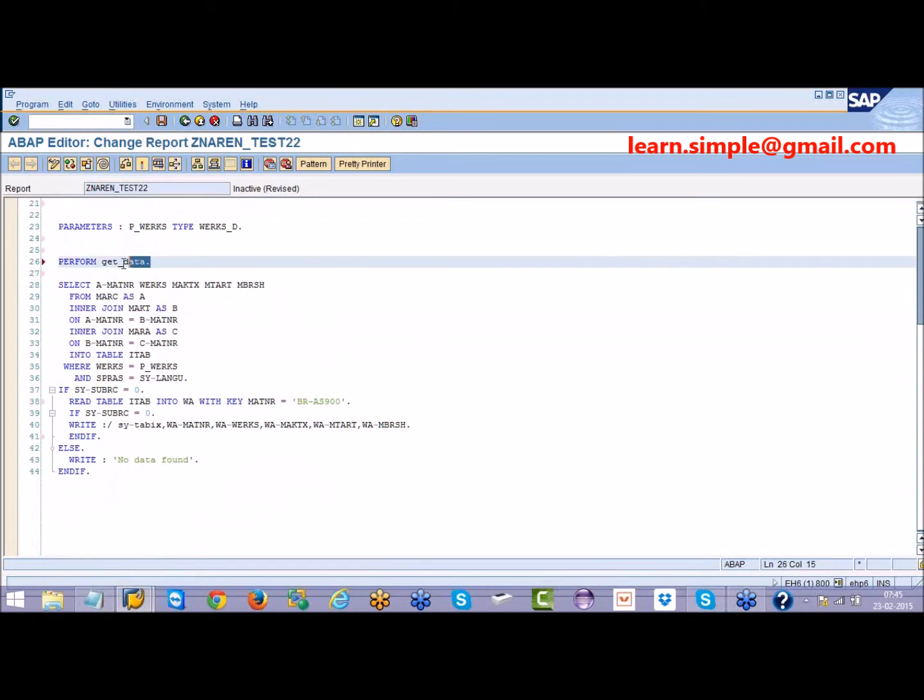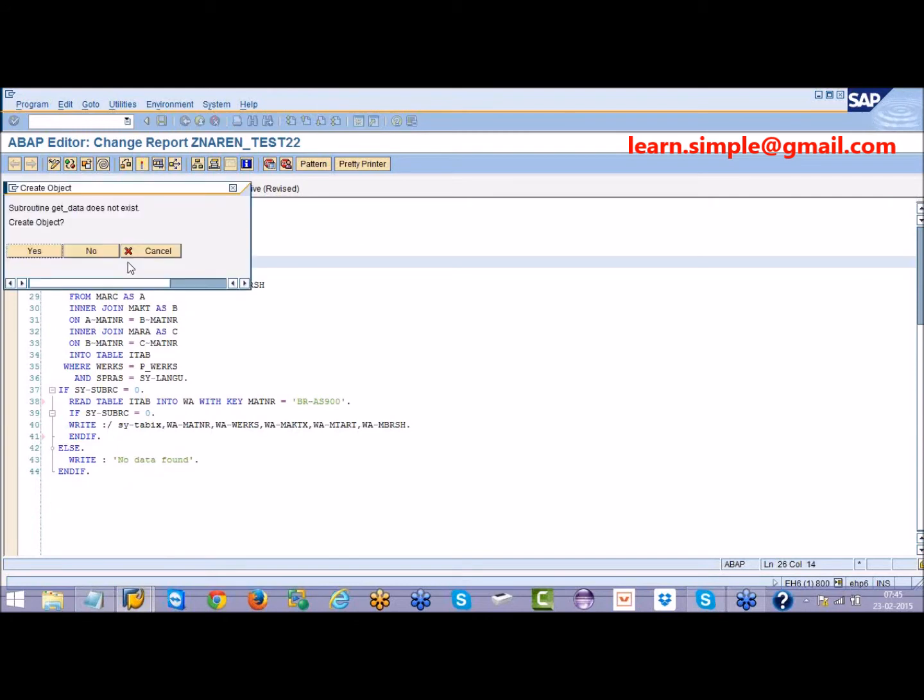Get data is the name of the subroutine. Instead of get data, you can give any name, like get data from table, or bring data, whatever. It's a name. Whenever you give PERFORM and then the name of the subroutine, double click on that.